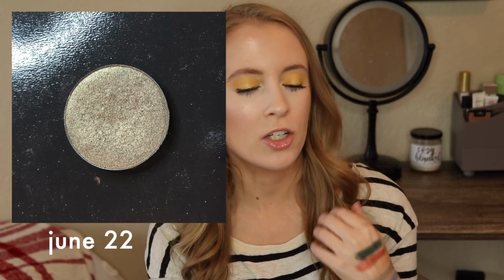I don't even think I took any pictures of it worn that way, but I wore it a few times just as a lid shade and then kind of a light brown in the crease. Really simple. I didn't love the way it looked just on my skin tone. I felt like it made me look a little bit washed out and sickly. Not the most flattering for me as a lid shade, but what I did really like it for was